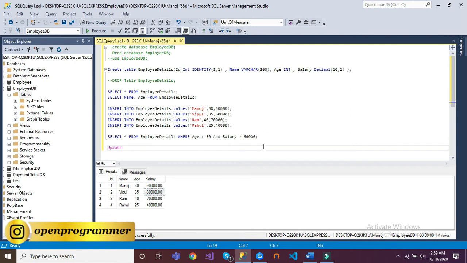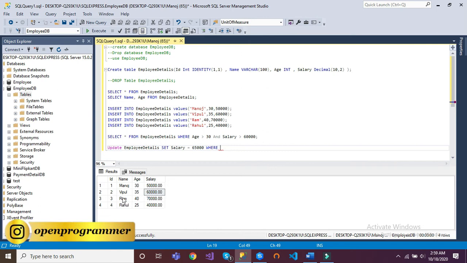There is a command UPDATE, then table name, then the keyword SET, and after that which field you want to update, like salary equal to the updated value 65,000, WHERE now we have to specify for which record we are going to update the data.